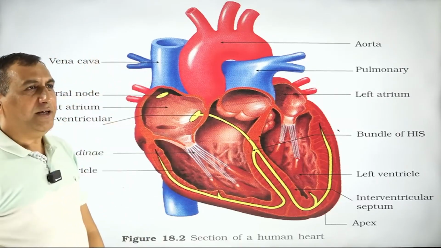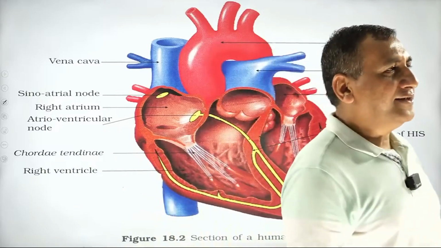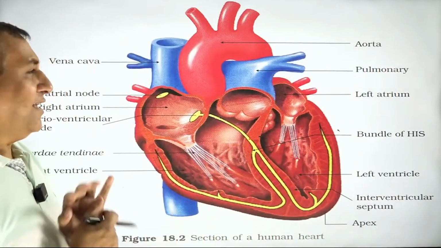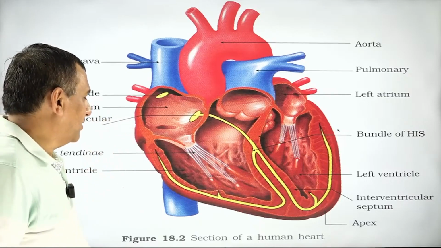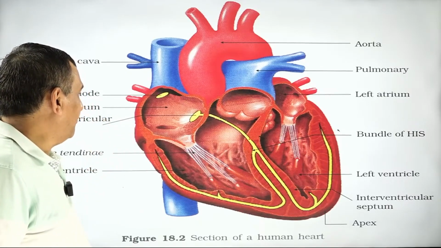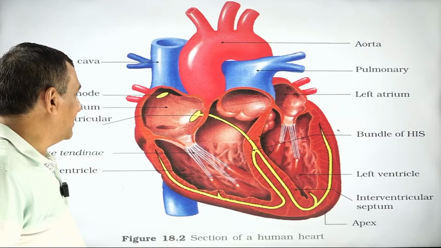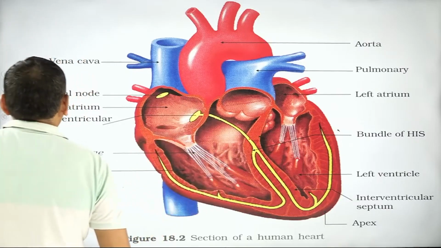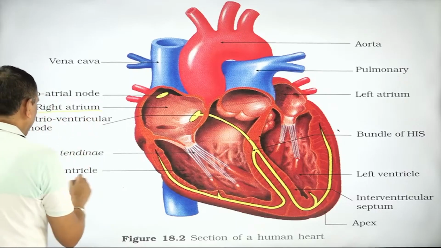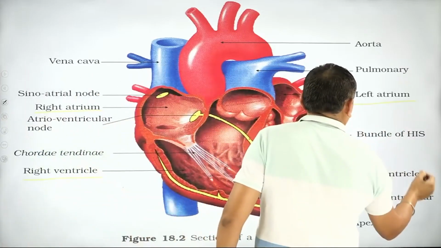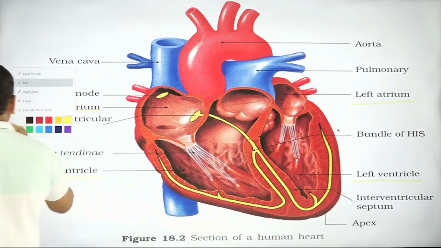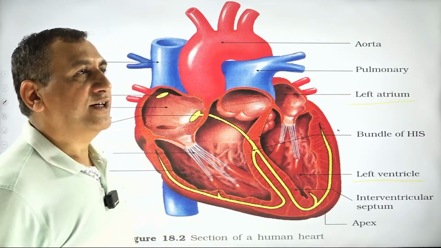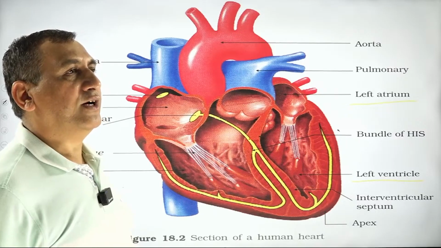Okay, now tell me. The human heart has how many chambers? 4 chambers. Just imagine, out of these 4 chambers, which is the largest chamber of the human heart? Right atrium, right ventricle, left atrium, left ventricle. Which is the largest chamber in the human heart? Yes, already written. Neela Beni, you have written the answer.